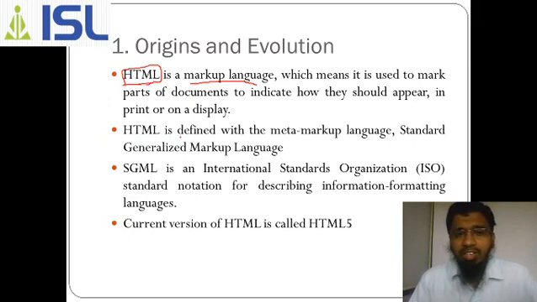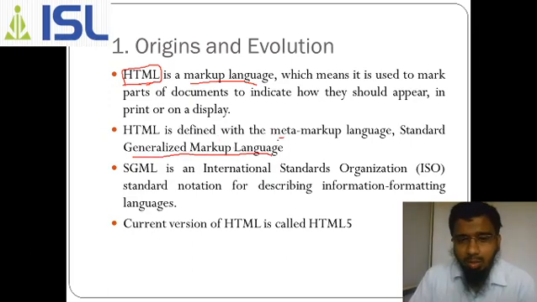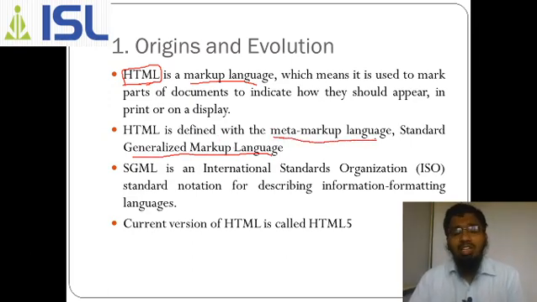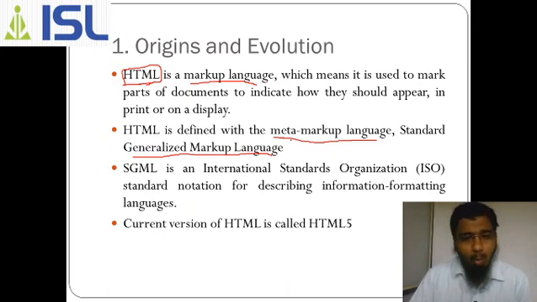Okay, so HTML is defined with the meta markup language, Standard Generalized Markup Language. This is a meta language. What is meta? We will see meta markup languages, which are used in the HTML page. Why we use it and what is the advantage of that, we will see. Now SGML is an International Organization for Standardization, ISO, standard notation for describing information formatting languages. The international standard organization has given some notations to use that. What is this SGML? Standard